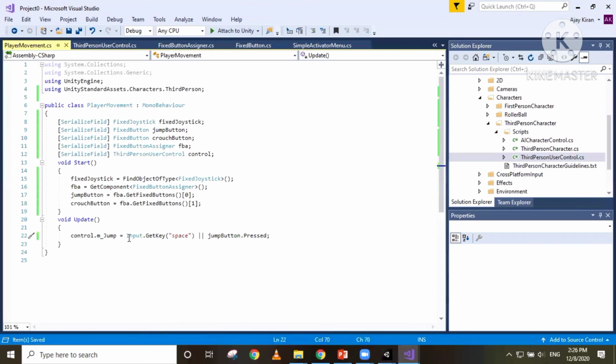And similarly with crouch, we're gonna need m underscore crouch equals input dot get button. I mean input dot get key. I'm gonna give it C or crouch button dot pressed, and